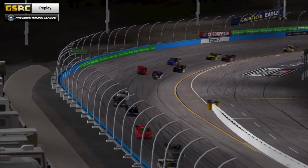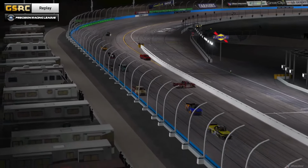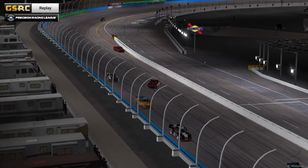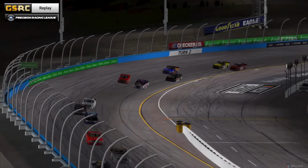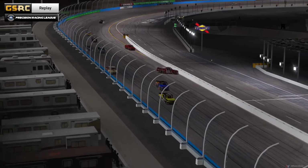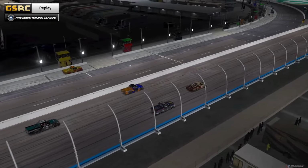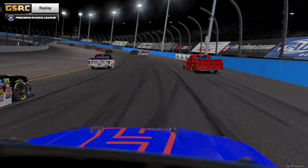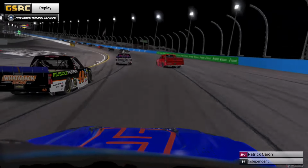Looks to me like Geyer was running a bit high, and oh no, he lost it on his own. That was a high line being run through turn 2. And the other drivers, all innocent victims there, a big hit to the wall. Yeah, that's been pretty much calamity corner for us here today. That transition off of turn 2 can definitely reach out and bite you. And unfortunately, it got...